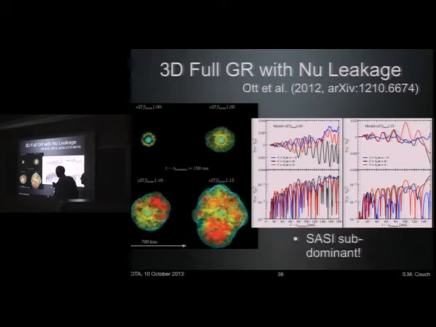And they looked at the standing accretion shock instability, and they found something interesting, which was the lower the heat factor. They use the same leakage scheme that Evan and I do. For a lower heating factor, you definitely got the appearance of a standing accretion shock instability. You turn the heat factor up, and it gets weaker, if hardly present at all. And the higher you turn that heat factor up, the weaker it got. You're driving more convection by turning the heat factor up, so it's just being outcompeted by the convection. And the explosion is setting in very rapidly as well.